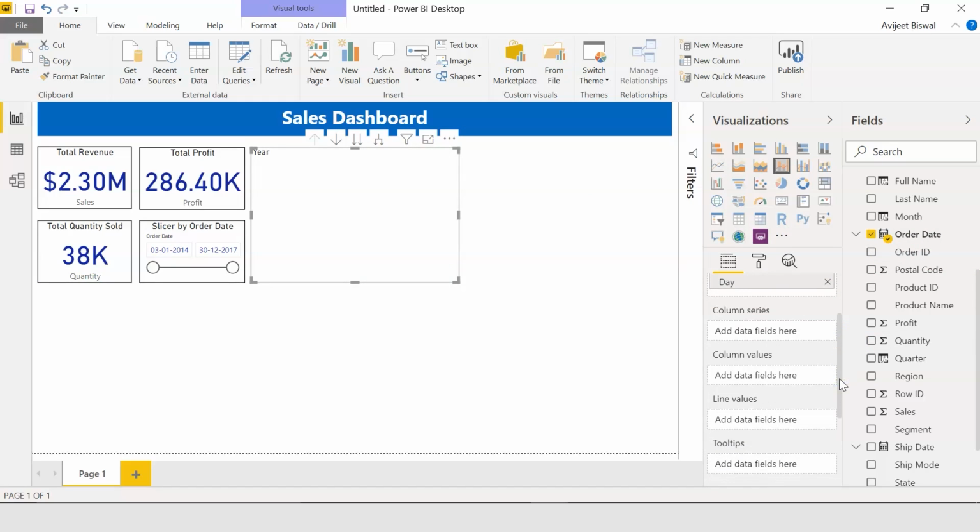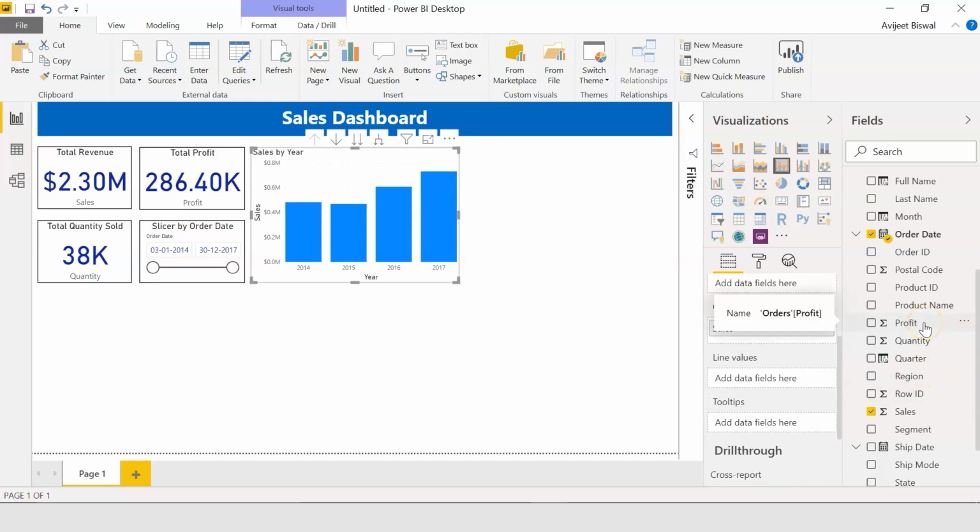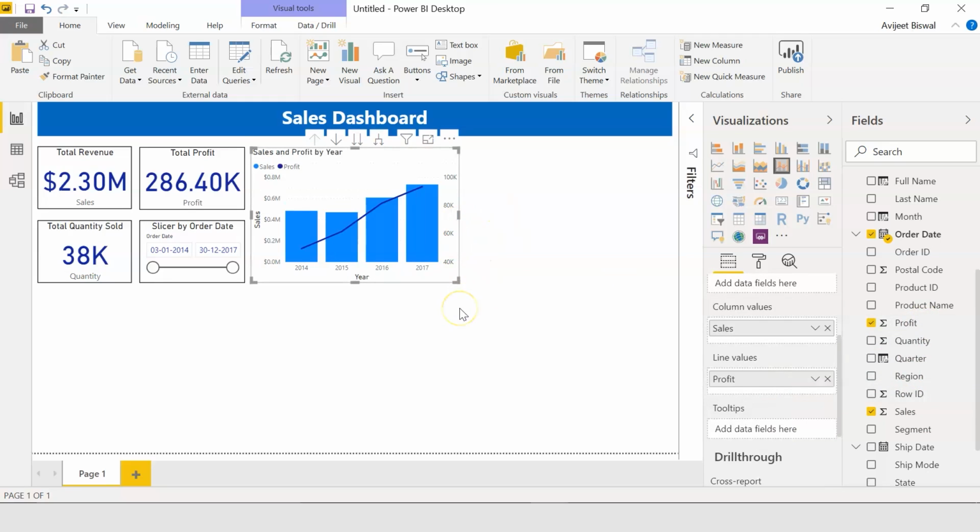We'll drag the sales onto column values, and under line values, I'll take the profit column. Here you can see we have the sales and profit by each year. The bars represent the sales and this line represents the profit it made for each year.